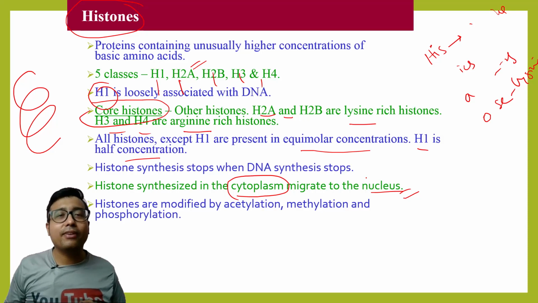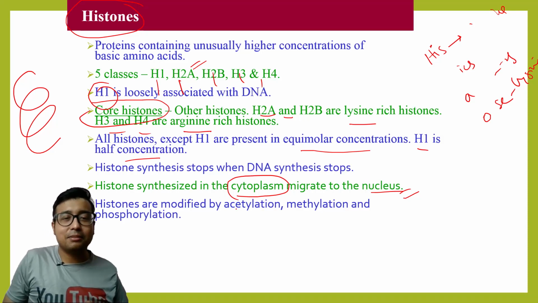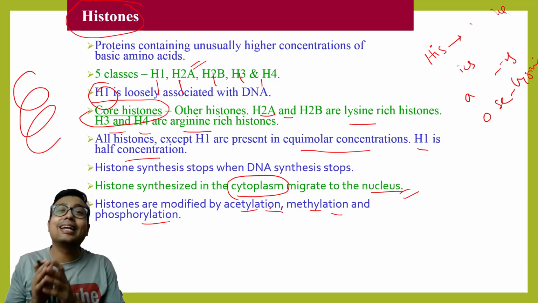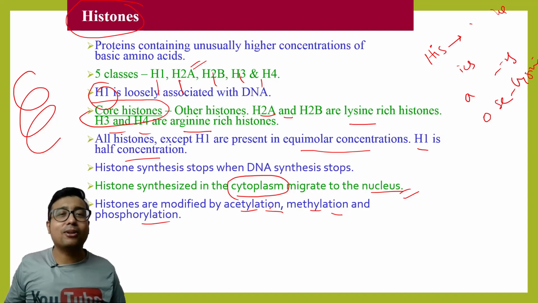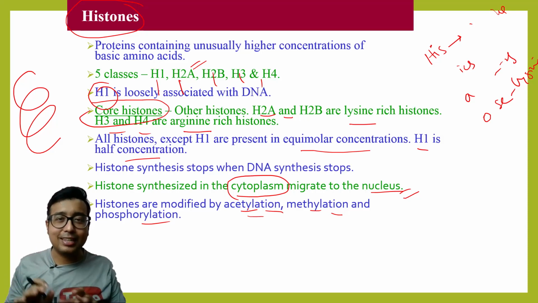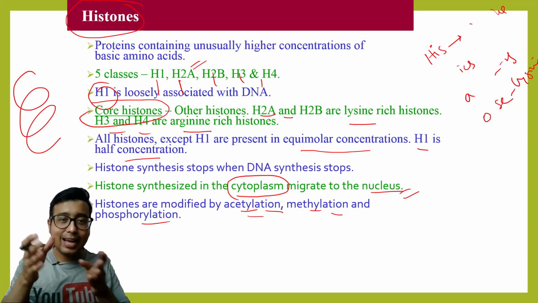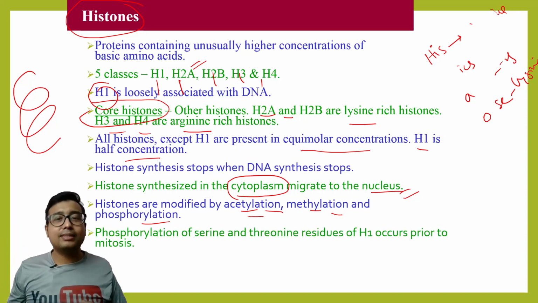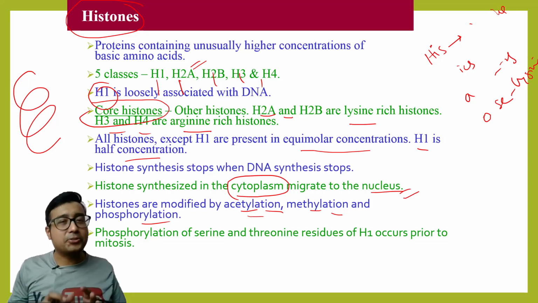Now these histones are modified by three methods: acetylation, methylation, and phosphorylation. This you should know because the MCQ usually gives another method, say sulfation, and then you need to select that odd one out. So remember, histones are modified by acetylation, methylation, and phosphorylation. Any other method is a distractor. It can come as "all of the following except", and then you need to choose the method other than these three.